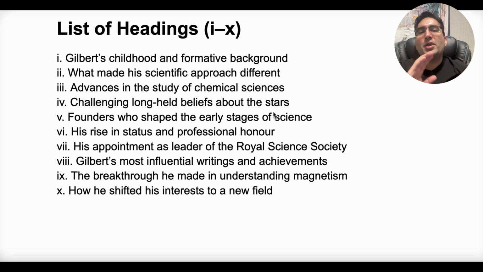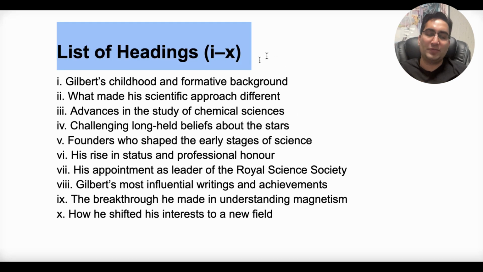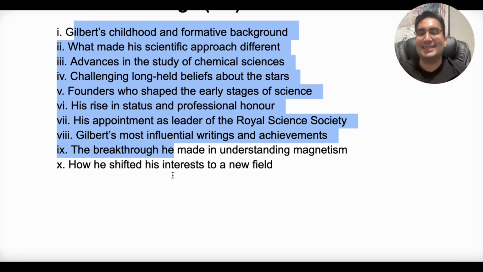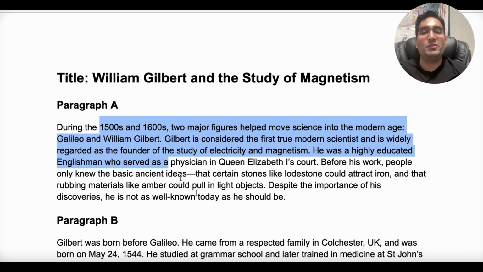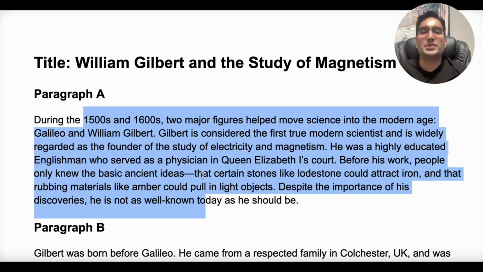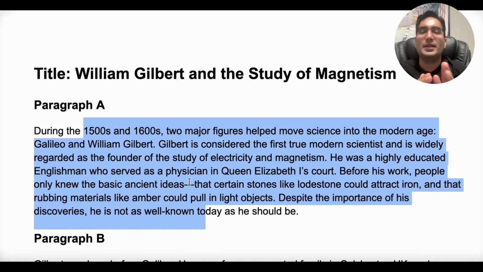I'm going to talk to you about a very big trap in IELTS reading, and this has to do with the list of headings. Here what you're supposed to do is match these sentences with each paragraph based on the heading or the main idea of each paragraph. Now, what is the secret strategy, the most popular strategy, something that every teacher is going to tell you?